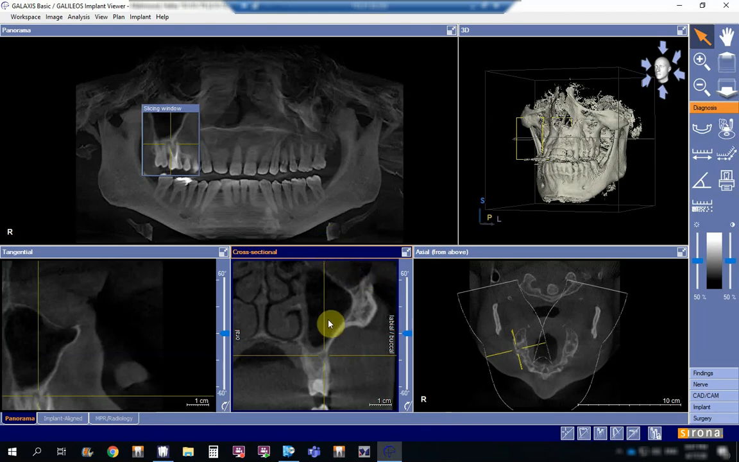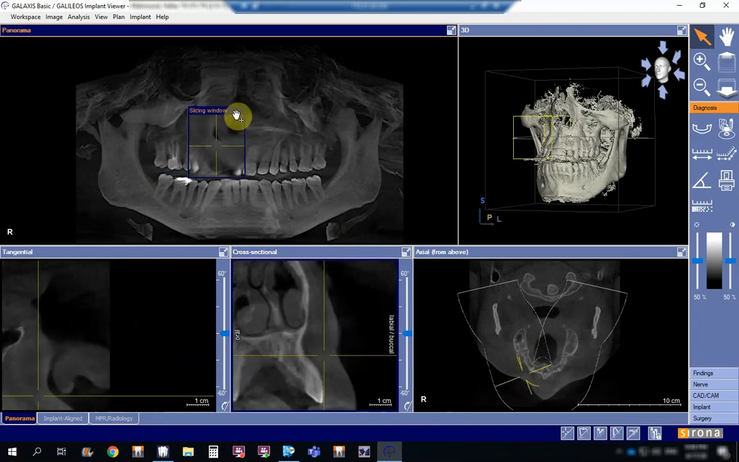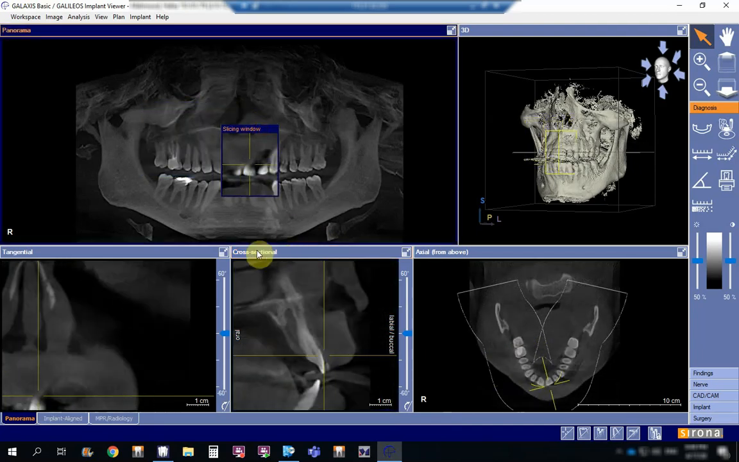Okay. The next view we're going to discuss, of course, welcome again to another session, and in this session we're going to discuss the coronal view or the cross-sectional view. The cross-sectional view